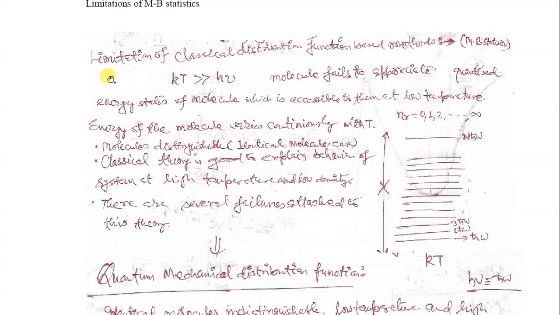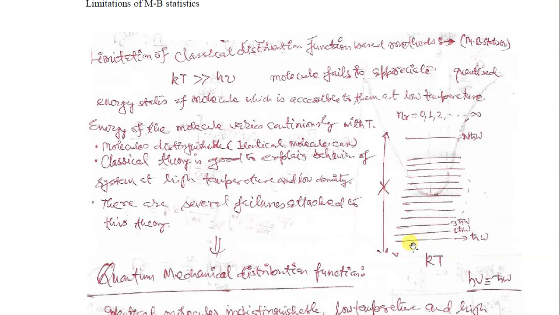Similarly, this Maxwell-Boltzmann statistics, the distribution function we derived using Maxwell-Boltzmann statistics, where the probability of finding any state was proportional to the Boltzmann weight corresponding to that energy state. So this statistics is valid at high temperature, where molecules are far apart. At high temperature, the density of gas is very low, and molecules are far apart, such that their kinetic energy, this thermal energy, is very large in comparison to the energy that your molecule can possess, and a molecule may have